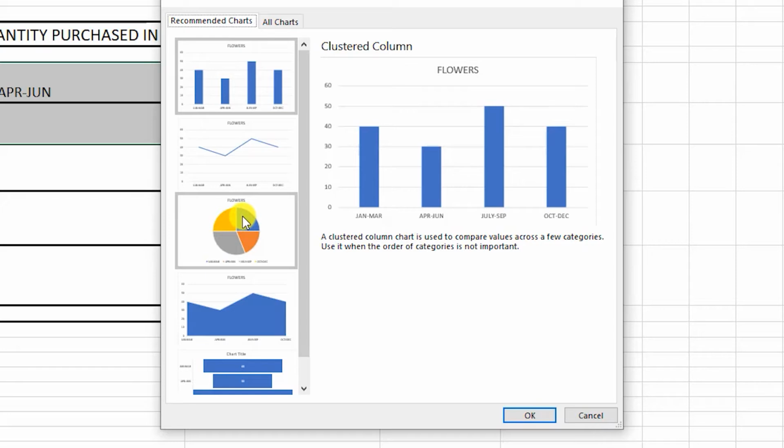Now why did I choose a pie chart? Now let us go for column chart. The column chart is showing me the comparison between different months, but here it is not telling me if I want to know in which month the percentage was maximum, because when we are talking in terms of percentages, or when we want to know where the output is maximum, where the output was minimum, and in which month it was the greatest, we calculate in form of percentages, just like we do for our result, that even 0.1% matters a lot. There we make use of a pie chart.